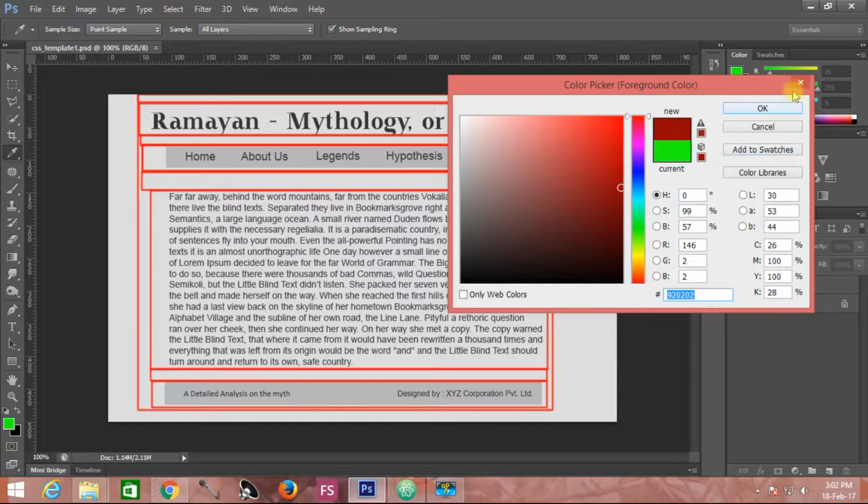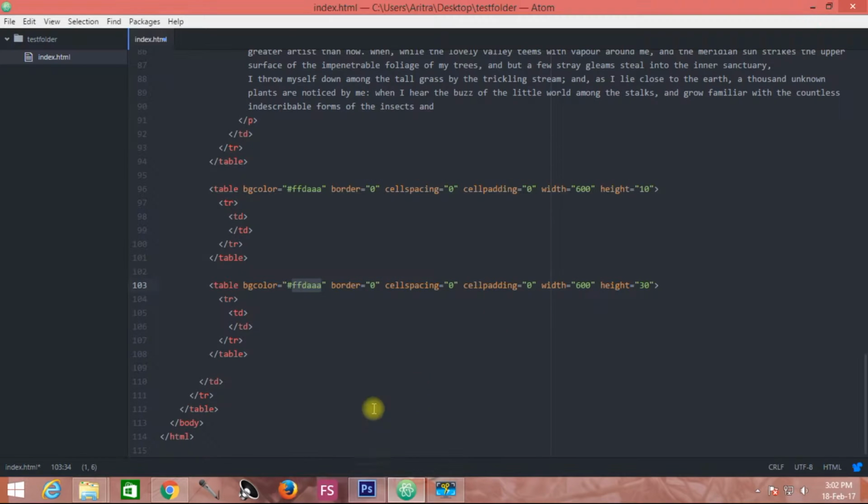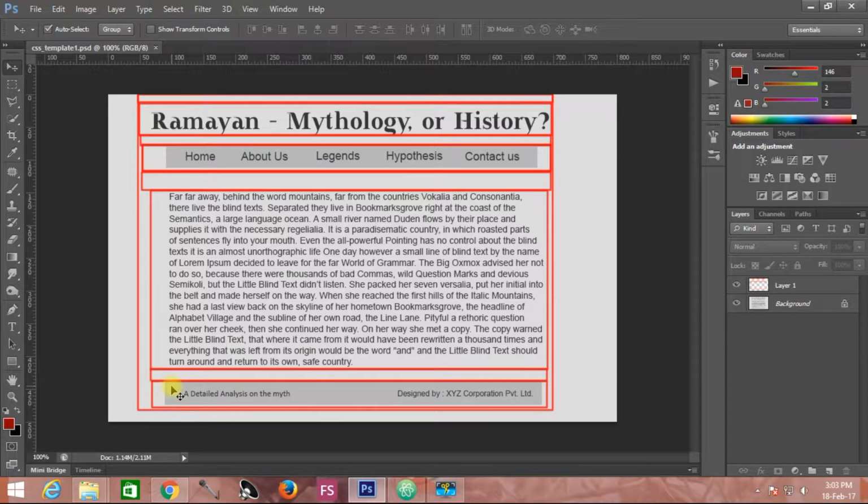Ctrl C, copy, and placing it over here. No need to mention any height. Now all that does matter over here is you have actually two columns. You see, this is the first column and this is the second column.